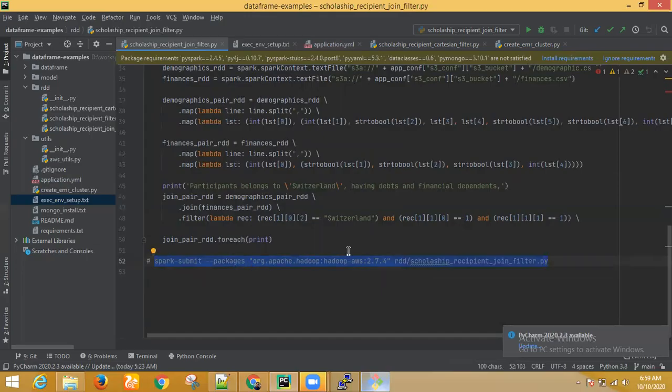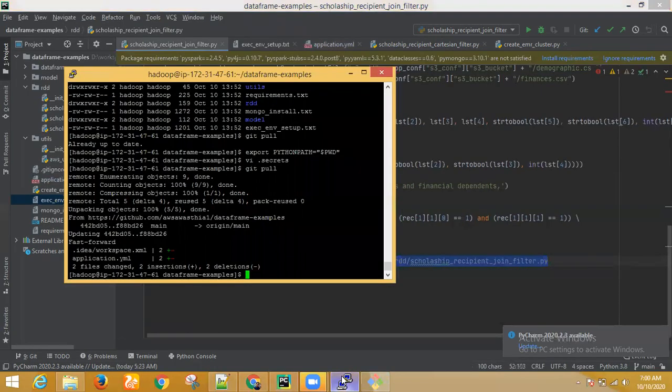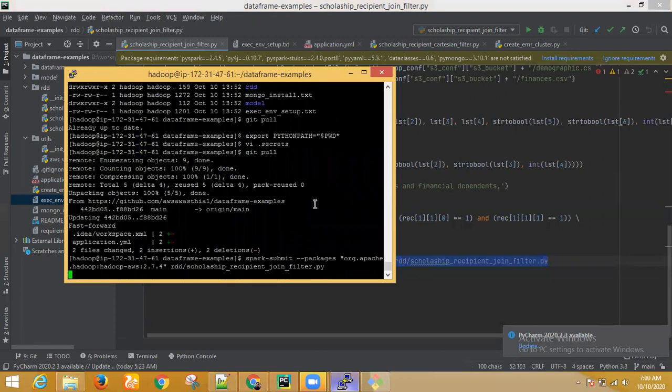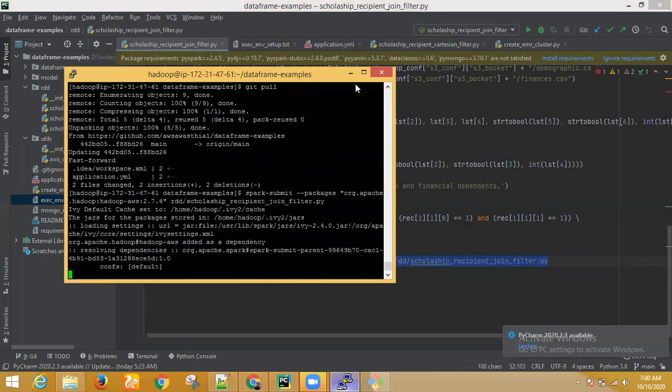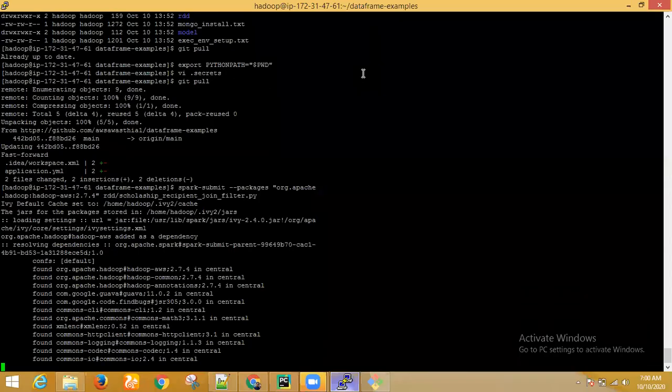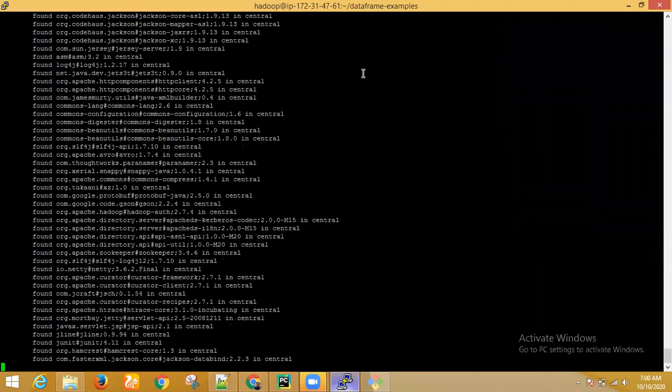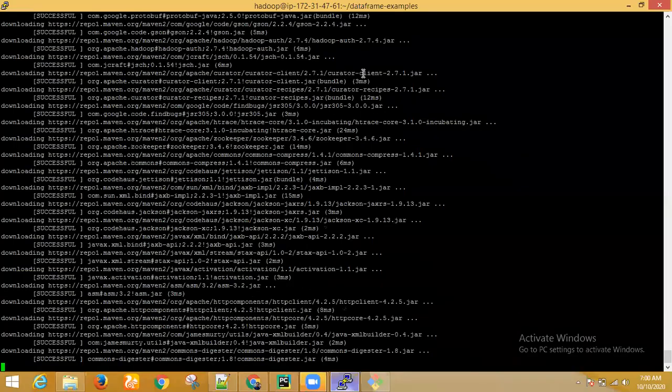These are the libraries required to execute this code. Then inside the RDD package, you have this file, scholarship recipient join filter. You go here and execute. If all things are correct, it should start running. If it fails, we'll see what the problem is, then we can fix it and run it.